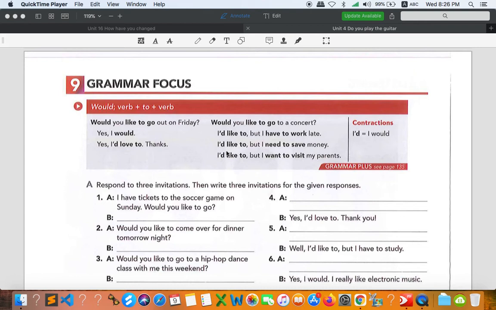Today I am going to finish Unit 4, and the first activity that I'm going to start talking about is grammar focus, which is activity number 9. The grammar point in this activity is would, verb plus to plus verb. The objective of this grammar point is about making, accepting, or declining invitations. Declining means reject or turn down the invitation whenever you want to say no to a certain kind of